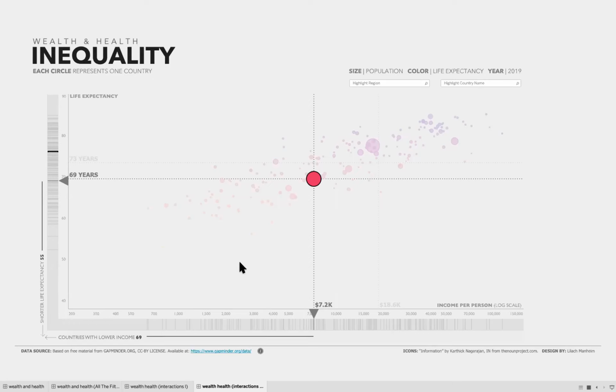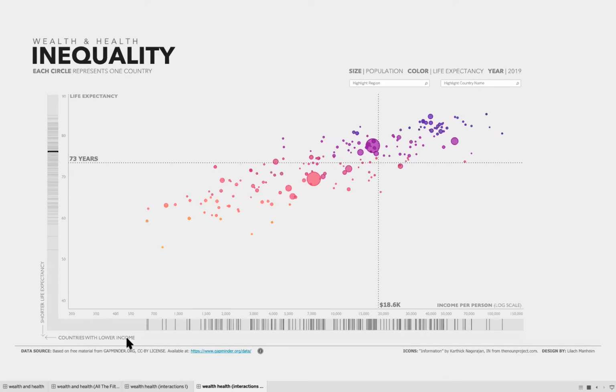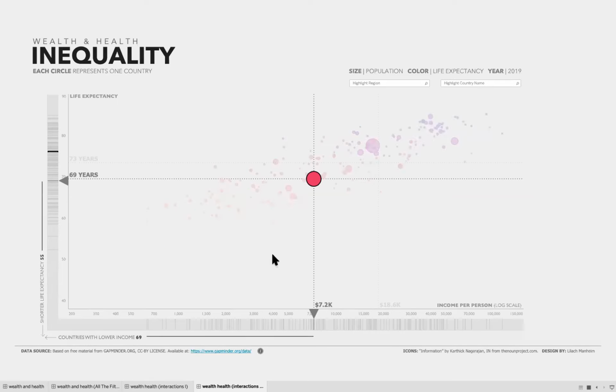So when nothing is selected, this just gives a little help with understanding how to interpret the axes. When you click one of the countries, it updates with a bar chart and the specific count of all the countries that scored below the selected country. So that is an example.